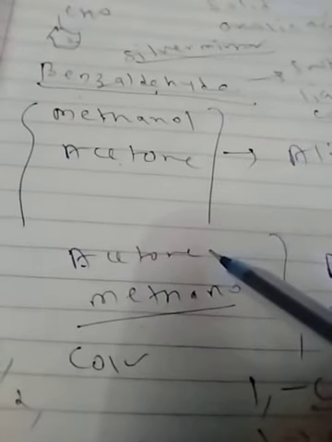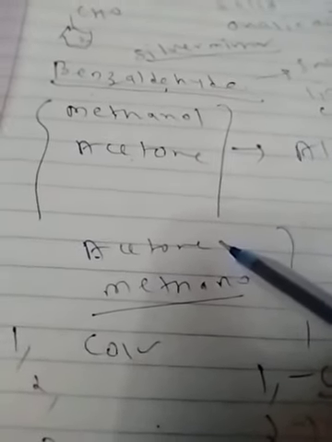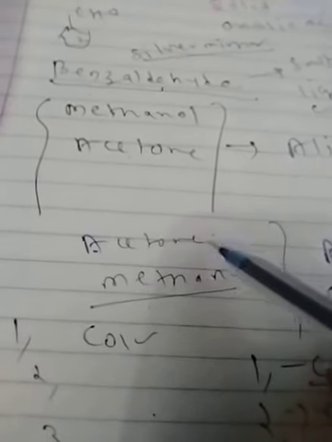For the ketone test, you have to add compound plus NaOH plus sodium nitroprusside. You have to make a fresh solution. If you are getting red color, then your compound is a ketone, that is acetone, not acetophenone, because acetophenone is aromatic. Your compound is aliphatic. And if you are not getting red color, your compound is methanol. There is no need of doing the hydrogen liberation test with sodium metal. Only on this basis you can say your compound is methanol.